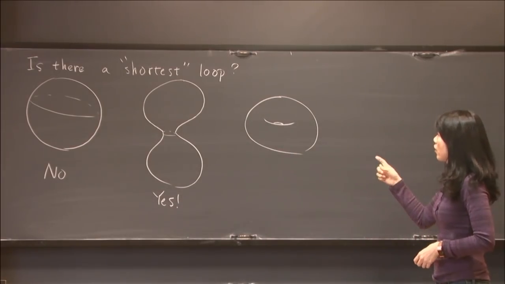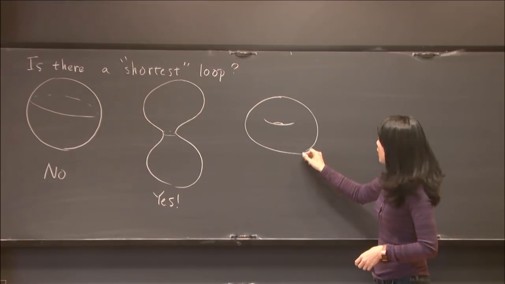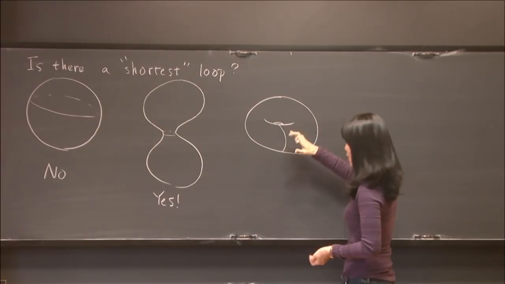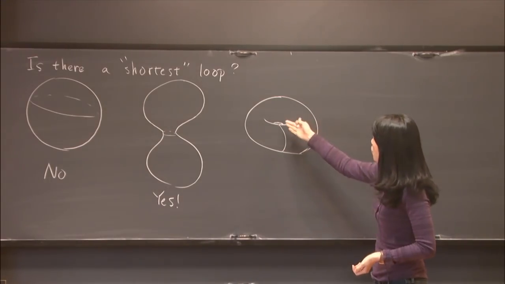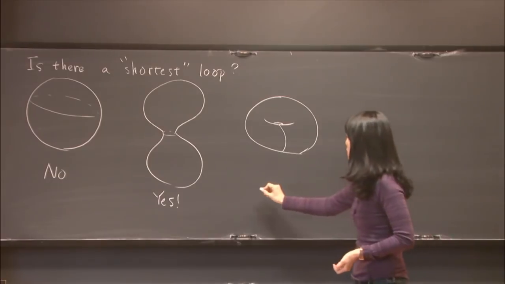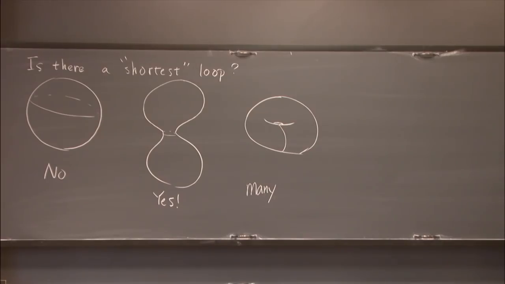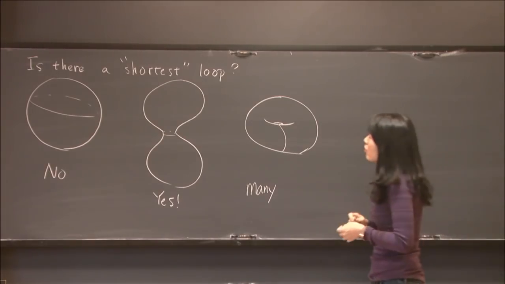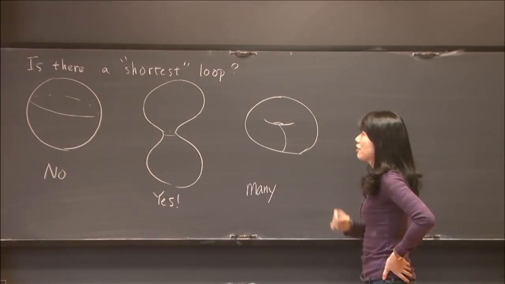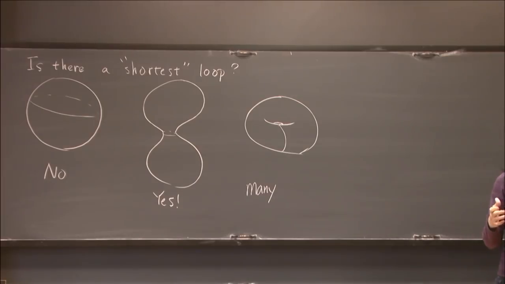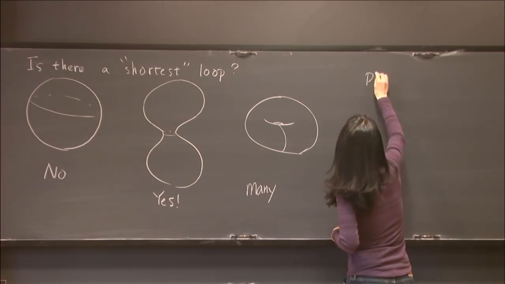And in this example, the torus, you see there are many shortest loops. You can have one here, actually many around the cross section, and also the horizontal section. So there are many. All right. So the shortest loop here, I will really mean a length minimizing closed geodesic, so not a fixed base point. And what we can draw from these three pictures is that positive curvature will tend to make the length shorter. So if you have a surface with positive Gauss curvature,